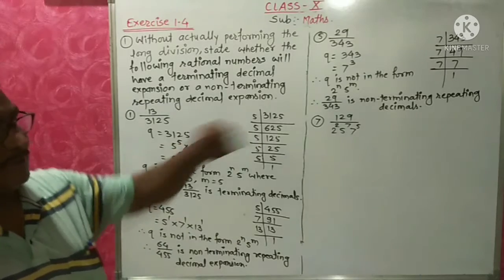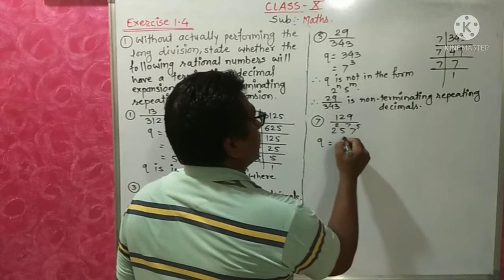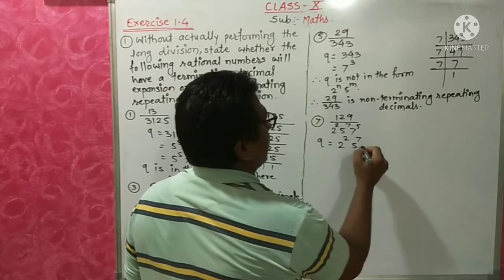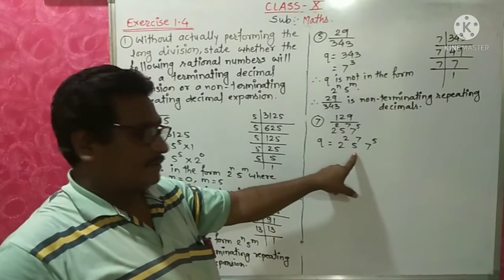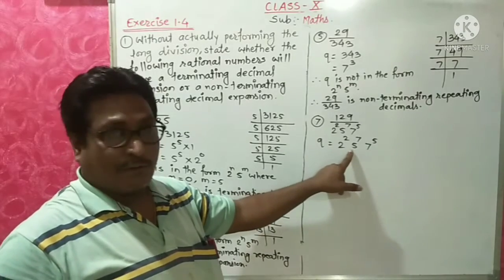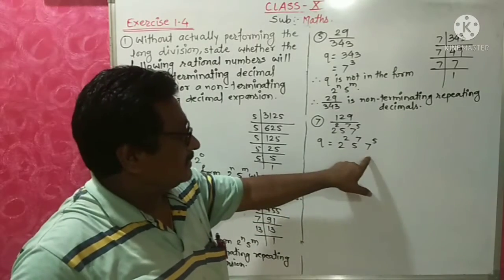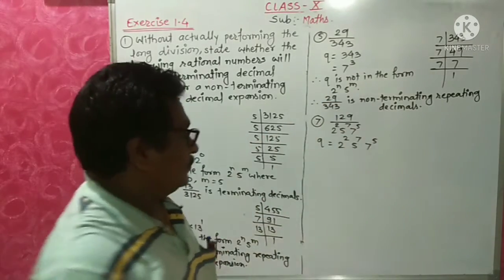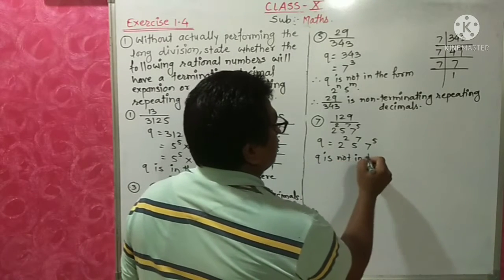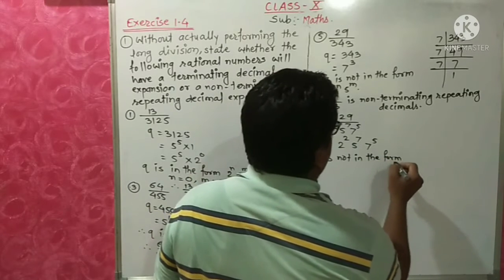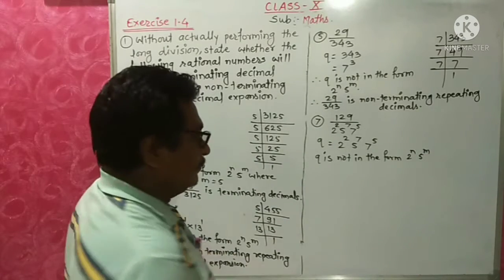Understood? Now the seventh question. Here q is 2 raised to the power 2, 5 raised to the power 7, 7 raised to the power 5. 2 and 5 are there, but 7 is also there. So 7 is extra, which means q is not in the form 2 raised to the power n, 5 raised to the power m. So therefore